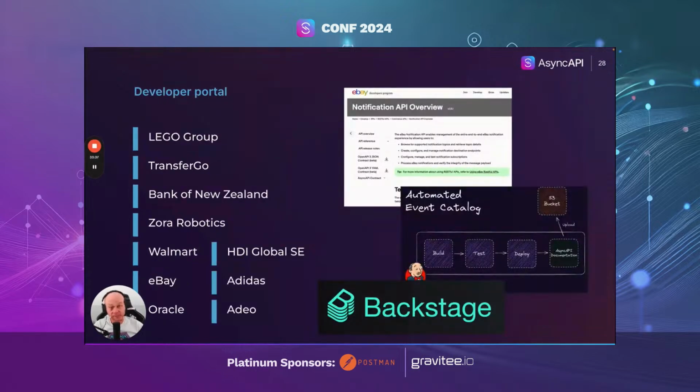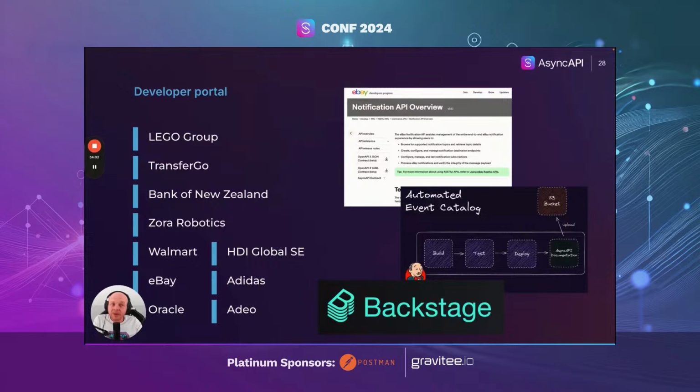Last but not least, developer portal. This is also pretty complex because, again, it really depends on your budget and your needs. Big players, as you can see on the screenshot, in this case eBay, but also Walmart, build their own developer portals. They have budget, they have huge teams, they can invest in it, which in their case also makes sense because API is part of their revenue.